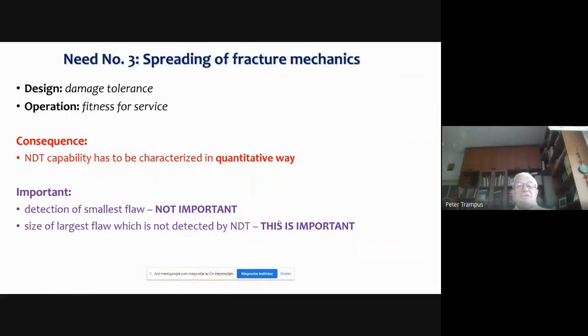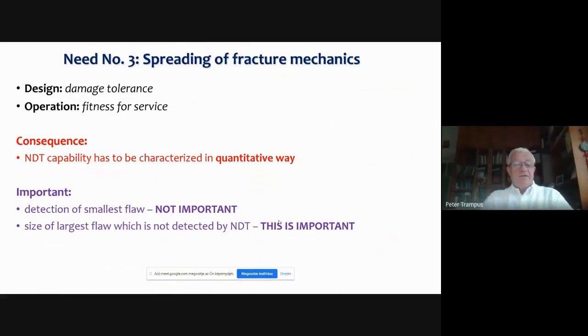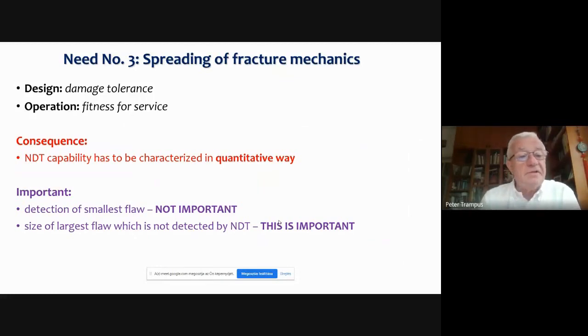Okay, the third one is the fracture mechanics, and it is very strongly related to our today's session. It led to dramatic changes in the design concept and in the operation concept of the engineering components.